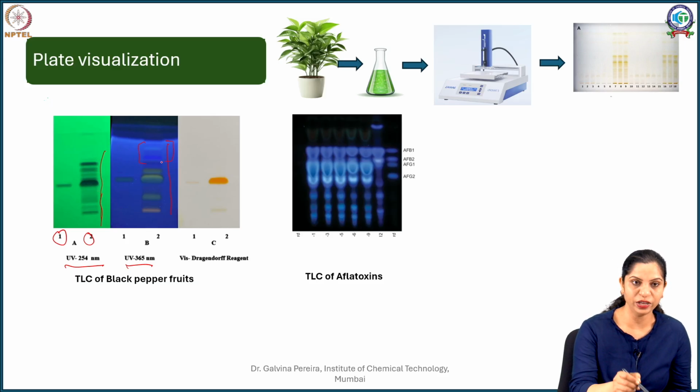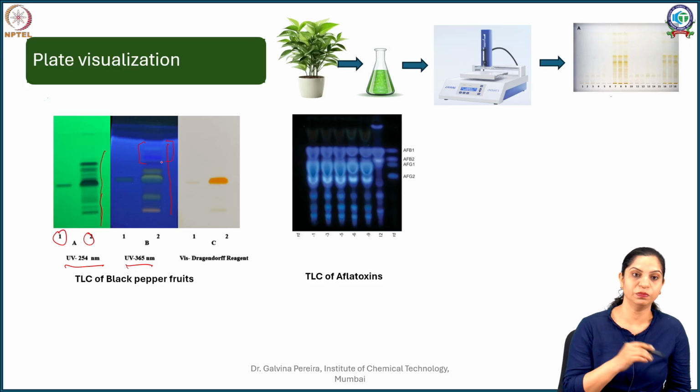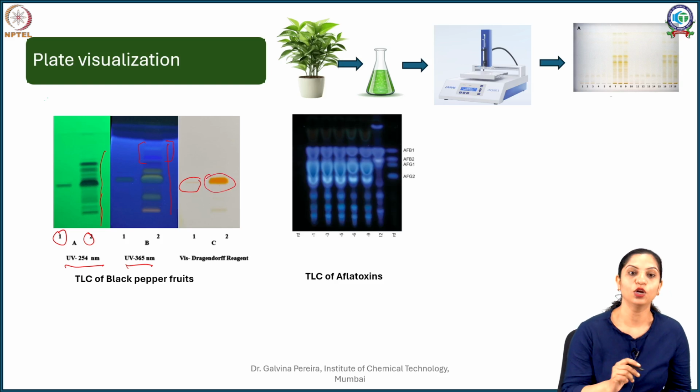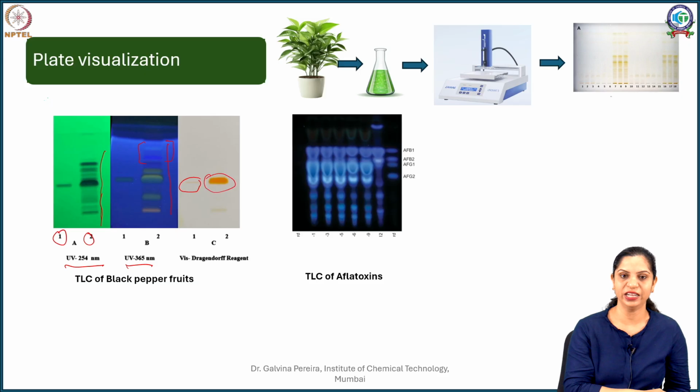So in the UV there are more bands than in the visible region also. If you see, tiny amounts, some of them have not run in. So the UV region shows you so many bands, but the moment I derivatize and wash it and see it under visible region, what I see is a faint piperine standard which is orange, and this is the piperine extract. What does it mean? The remaining other compounds are not alkaloids.